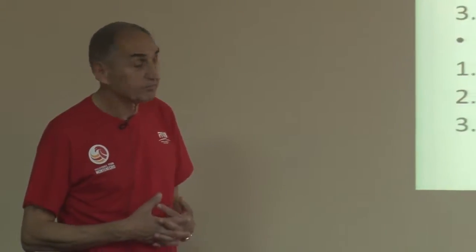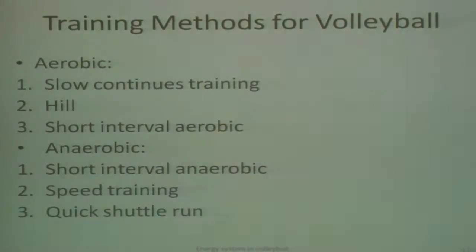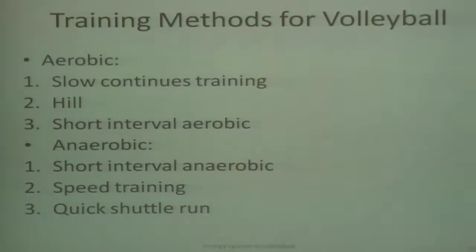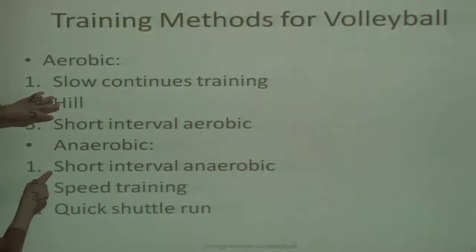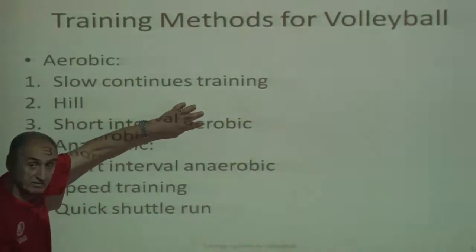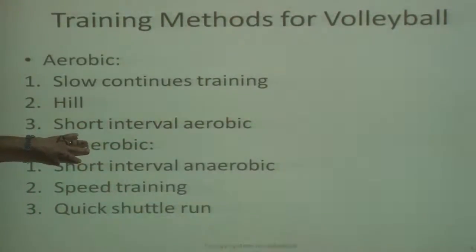Training methods for volleyball. Aerobic: a slow, continuous training. Short interval aerobic. Short but aerobic. And then we come to anaerobic. Short interval anaerobic. Short interval aerobic means longer interval. Here, shorter interval, but faster interval. A speed training,